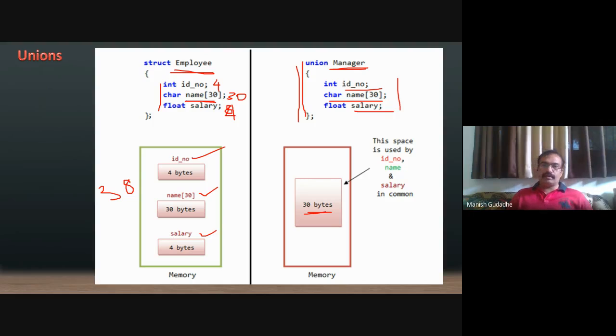The important thing for us is the name, which is the biggest part. So whenever the name is used, we are going to use 30 bytes. Whatever the biggest member is, that much memory will be allocated, and the smaller members are going to share that space.